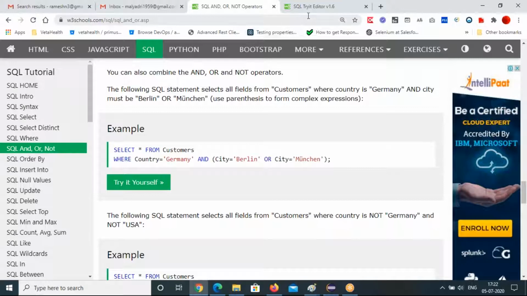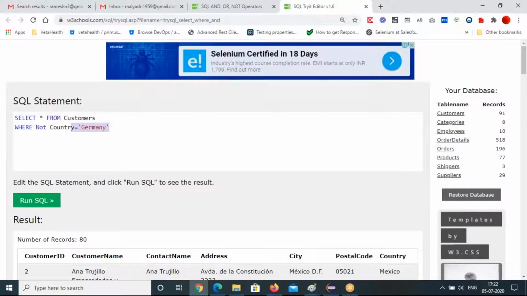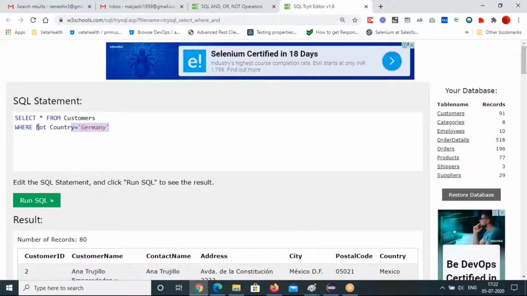So let's write this query. What is this? NOT is not the one here, right? So the AND operator we are using, and bracket, city equal to Berlin, or city equal to, what he has given.